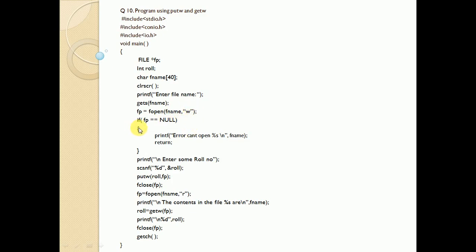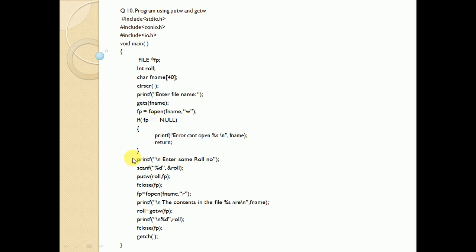So now fp is returning the file pointer which is assigned to the file pointer. If the entered file does not exist, then fopen cannot open it. Hence it returns a null pointer. Suppose now the file pointer is directly pointing to null, which means it does not contain any data. So it will return a null pointer which is assigned to the file pointer.